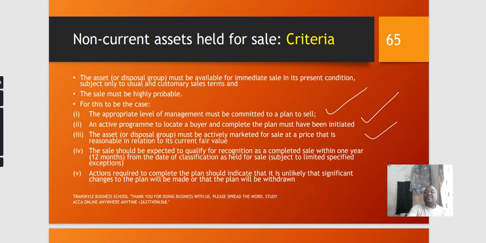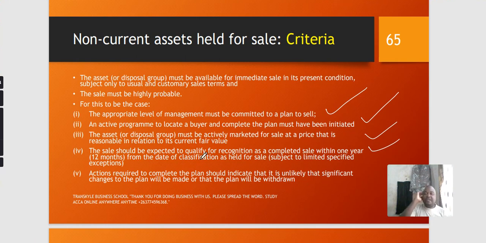Okay, however, there are some exceptions to this rule where sometimes you discover that even if the asset cannot be sold within 12 months, it still might continue to be classified as being held for sale. All right, and let us maneuver those exceptions. That's the purpose of this video.